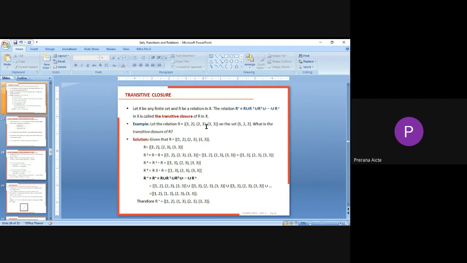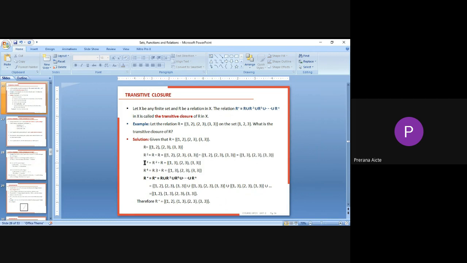R equal to {(1,2),(2,3),(3,3)} on the set {1,2,3}. Then the transitive closure is given by, first of all, R means (1,2),(2,3),(3,3). R square, we can say R to the power 2, that is R circle R. So (1,2),(2,3),(3,3) with (1,2),(2,3),(3,3). So we'll get the ordered pairs. If you find the Cartesian product, we'll get the elements like this. Here (1,2), here (2,3), so we get (1,3). Similarly (1,2), (1,2). Okay, so (1,2),(2,2) only, we'll get (2,3). That's all. Next (2,3),(3,3) we get (2,3). (3,3),(3,3) again we get (3,3).